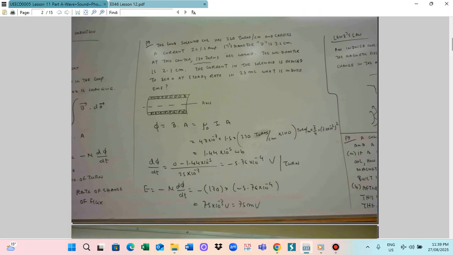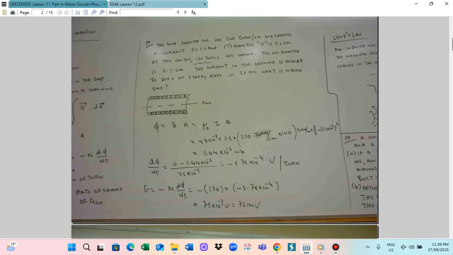So E can be calculated. E is equal to minus N d phi by dt. The number of turns, N, is 130 turns, multiplied with